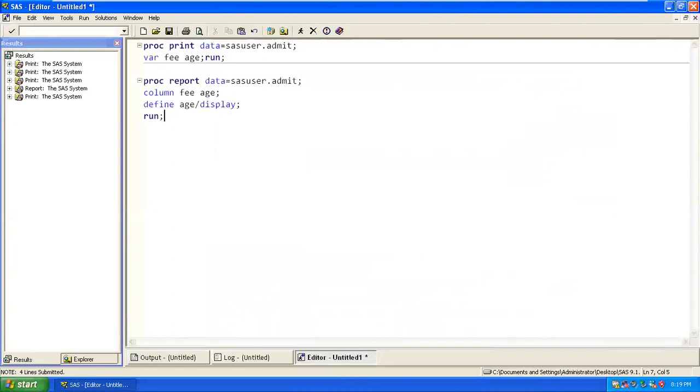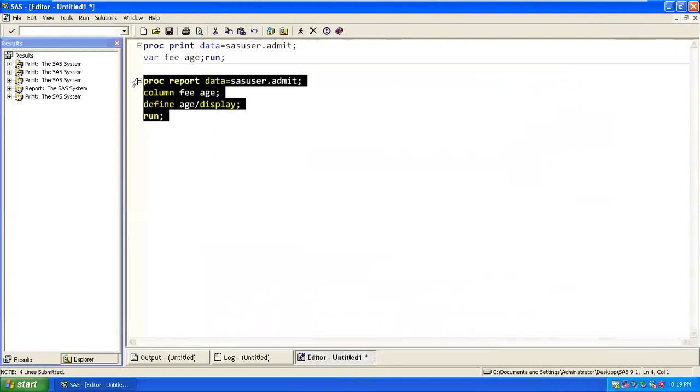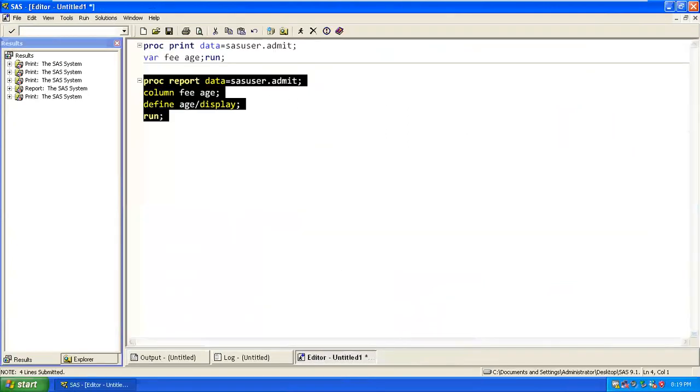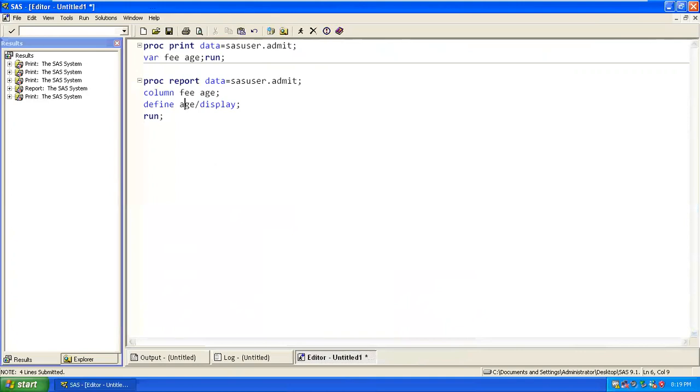Okay. So now, what was your question? You are saying this fee is getting cumulative. So how is the data in fee? It's normal data, because when you say age needs to be displayed, each and every age you wanted to display. Corresponding to age, there is a value called fee.